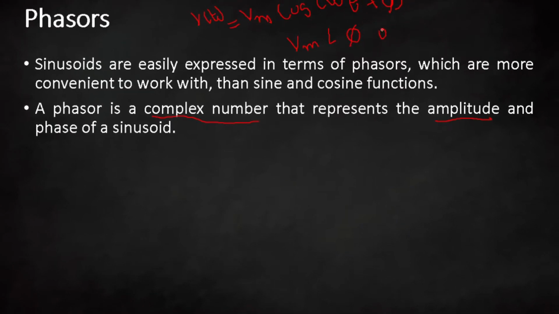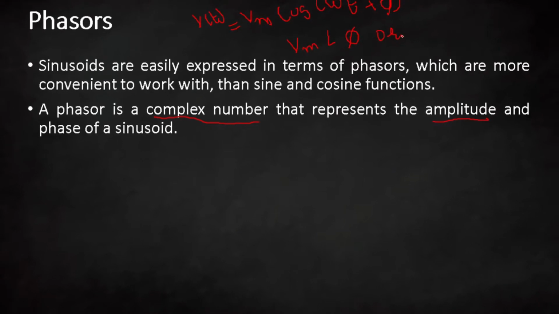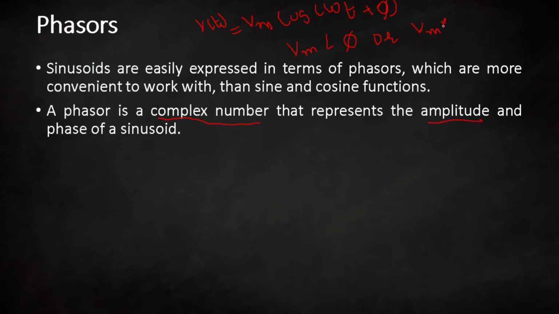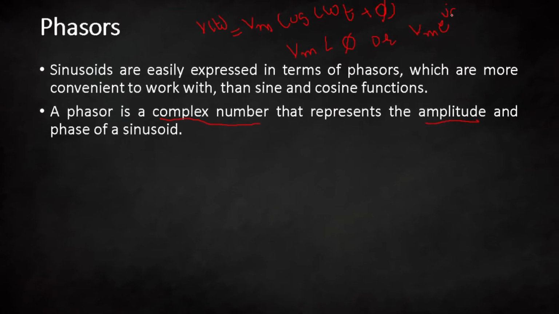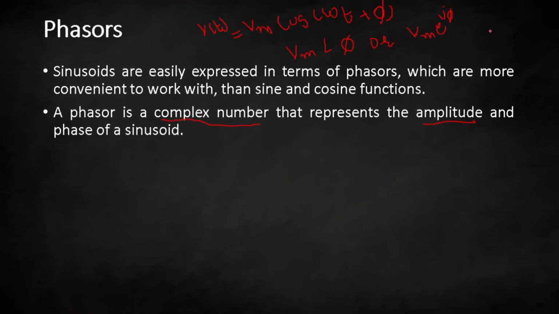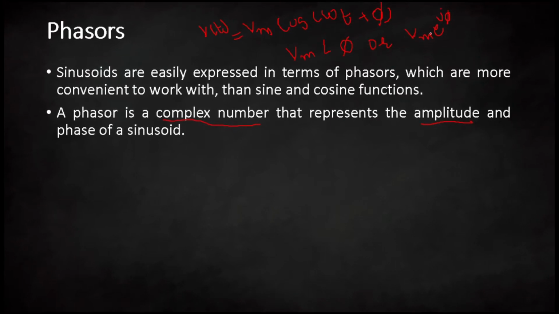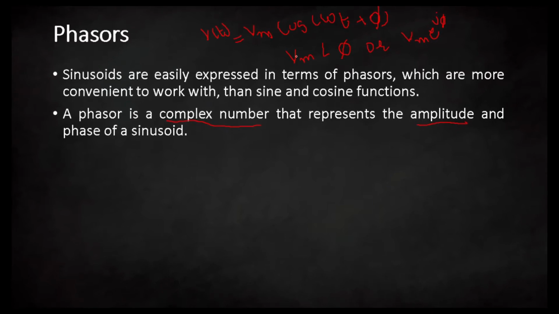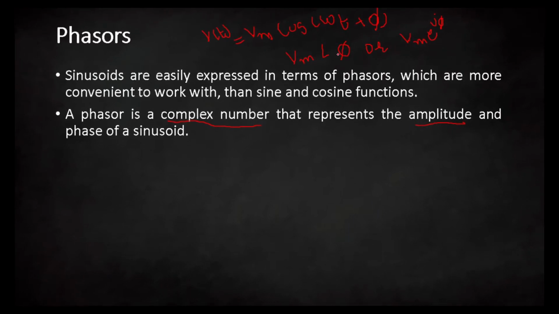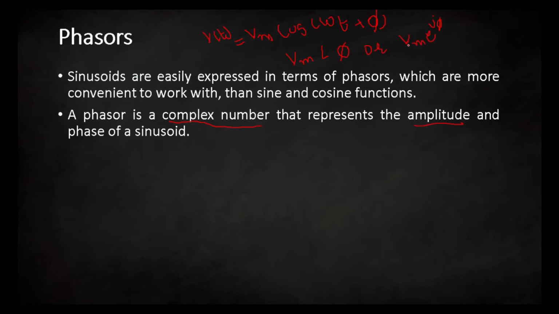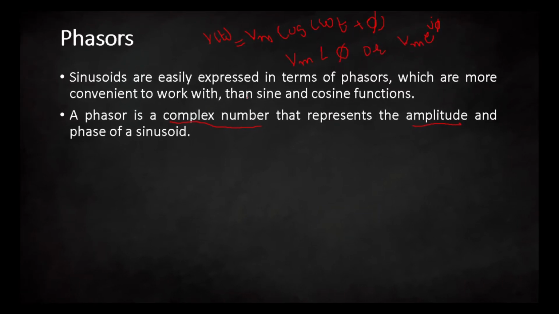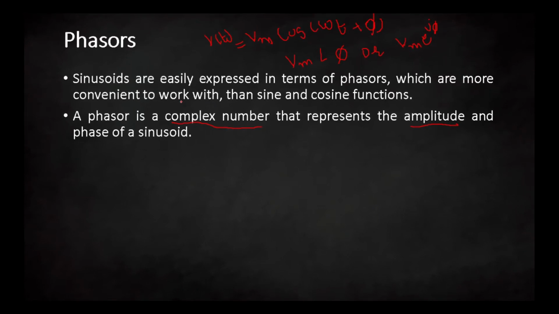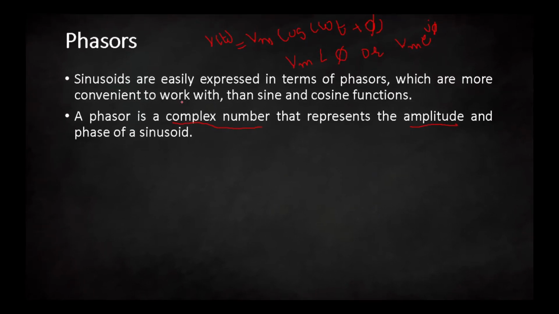It can also be represented in exponential form, that is Vm e raised to j phi. Okay, here Vm is the amplitude and phi is the phase of the sinusoid. Now we are going to understand how we can find this Vm at an angle of phi, or we can say Vm e raised to j phi. So a sinusoid can be converted into a phasor form, either polar form or exponential form or